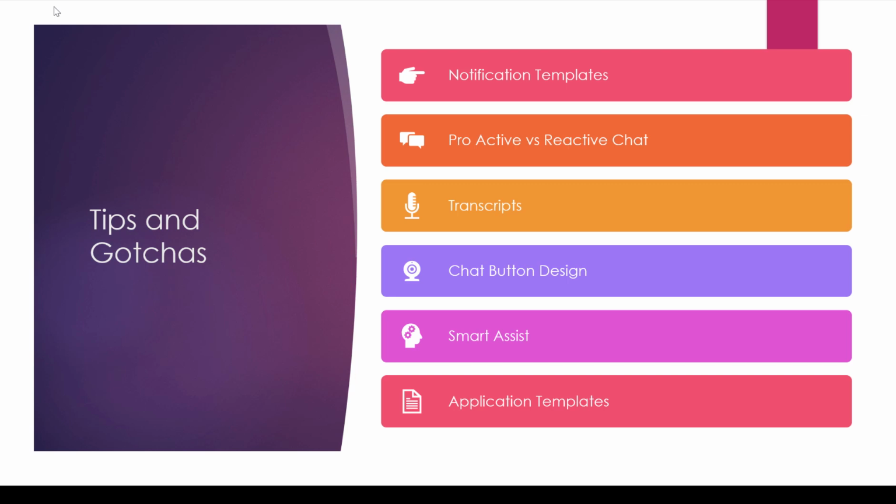Now, we did actually do a reactive chat, which is where the customer had to click on the button and request to speak to us. Well, we can also include proactive chats as well, where we could, for example, have a chat button pop up for the customer to click on if they've entered something incorrectly a number of times, or they've gone to a different screen and come back also a number of times, or if they've stayed on a screen too long.